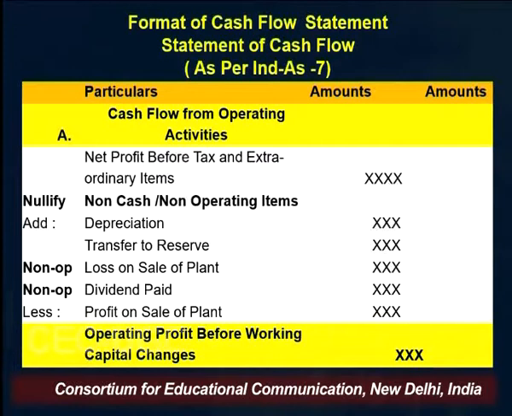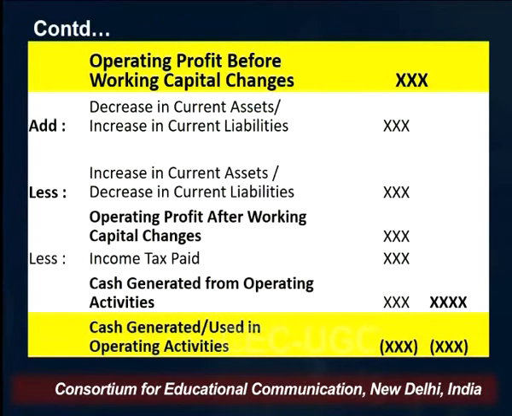working capital changes. So after this point, we have a look at the movement of current assets and current liabilities, and then we try to monitor whether there is an increase in current asset or current liability, or decrease in current asset or current liability. So depending on the direction of the items of current assets and current liabilities, we either add or subtract the value from the operating profit before working capital changes. I already told you about the logic behind the addition and subtraction, that when do we add the change in current asset, and when do we subtract it from the operating profit before working capital changes.